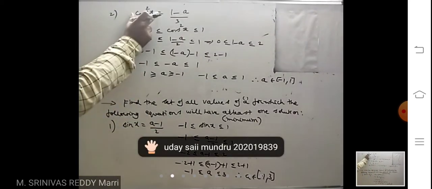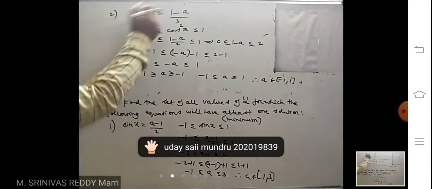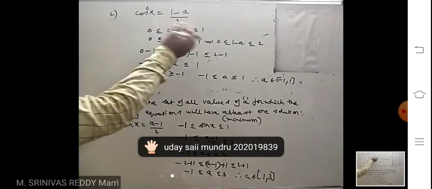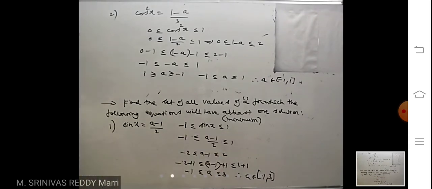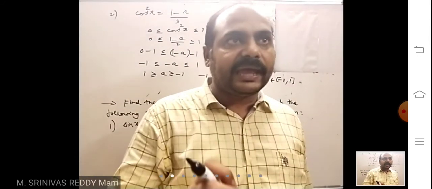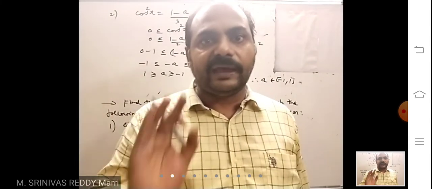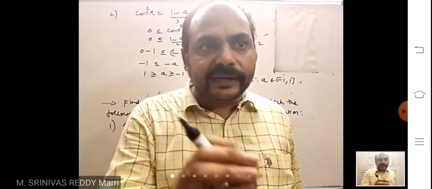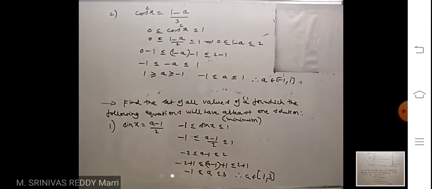Here he has given the cos square x value directly. This is direct. Sin x is given, cos square x is given. So that's why we have written between 0 and 1 here, and between minus 1 and 1 there. In some problems, he will not give it directly. You have to calculate what the sin x value or cos x value is. After calculating, you put it between minus 1 and 1. Look at one problem where he will not give it directly like this. You have to calculate.